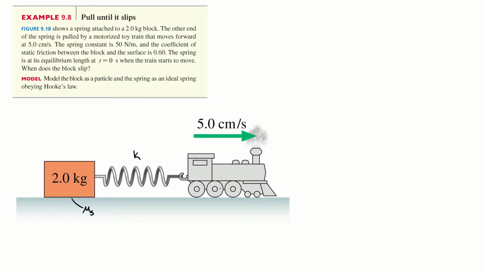We would analyze this the exact same way we've been analyzing forces before. The first thing is to pick the object we're going to describe. We're going to describe this block because we're looking to see when it moves. We circle it and identify all the forces. There's a frictional force, the static friction on the ground. There's a normal force. There's also the force from the spring, because the spring is touching it as well.